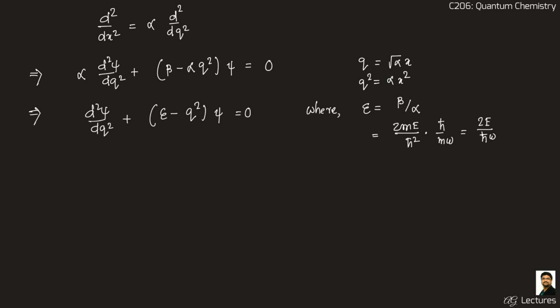We know that when x goes to plus or minus infinity, q also goes to plus or minus infinity, and the potential V of x, or V of q, whatever you wish to write, this is the same thing, is approaching